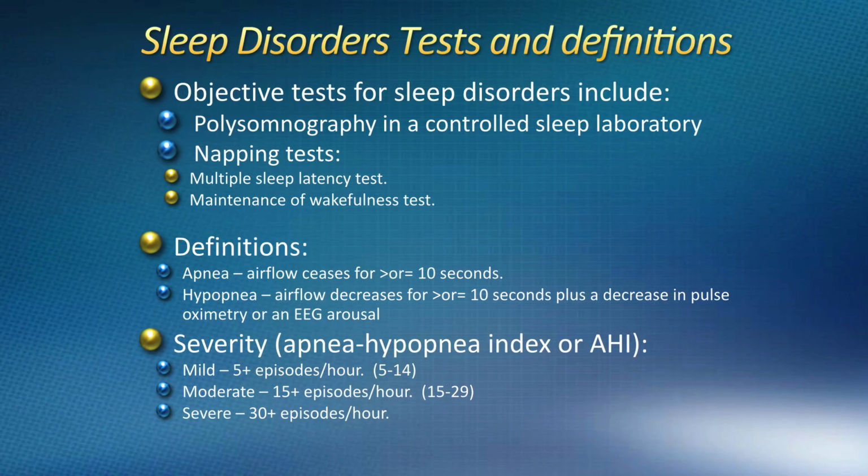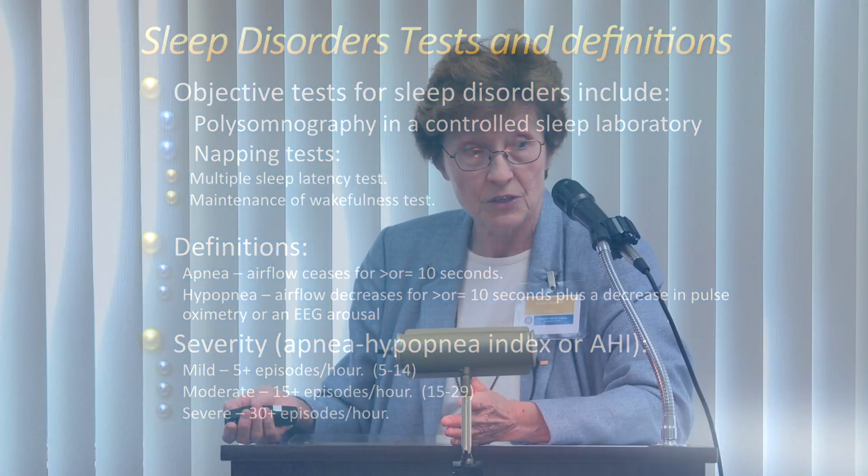As you can see on here, mild sleep apnea is greater than 5 per hour. So 5 to 15 is mild sleep apnea, 15 to 30 is moderate, over 30 is severe. I will tell you that the amount of sleepiness people get is not correlated to the severity of the sleep apnea. So if you have a brain that notices when the saturation levels go from 95 to 92 during sleep,